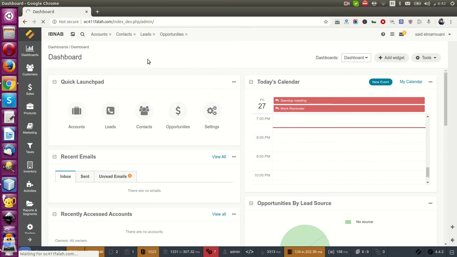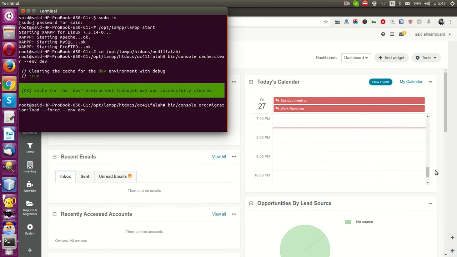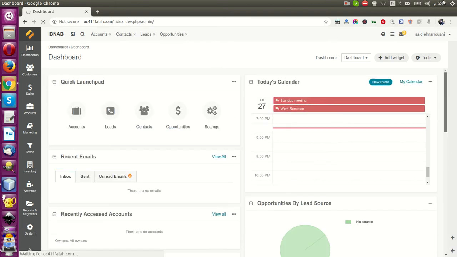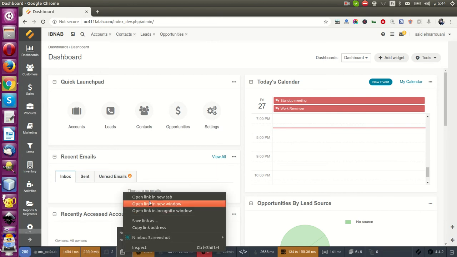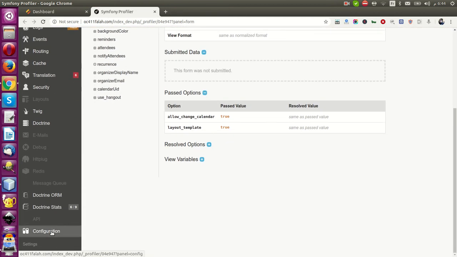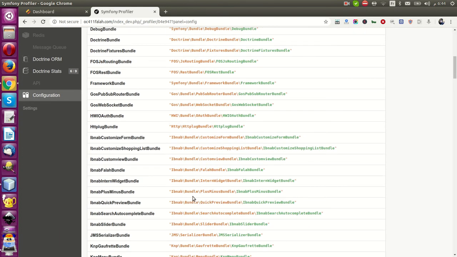The sample migration is not very complex. Just a table with the columns. Let's stop. Okay, now let's refresh the page. Nice. We go to the profiler. It's nice. You can see the config. Here you can see all your